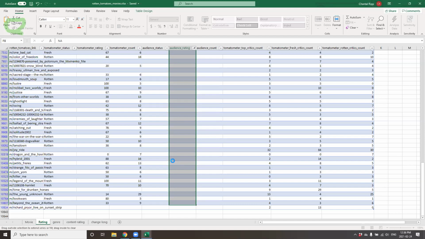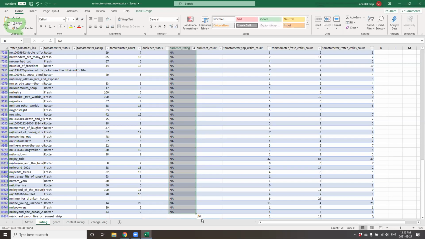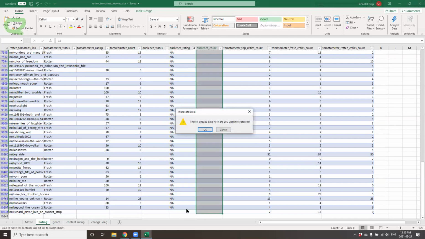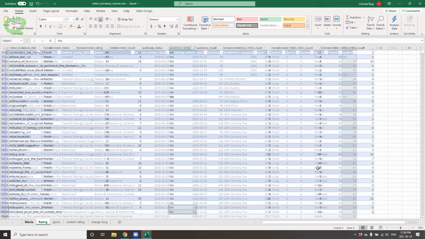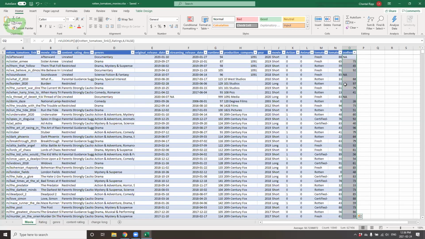And because my VLOOKUP function is still live, that data should be reflected in my table. And now I do see I have NAs. Now I can differentiate what was a true audience 0 versus an imported 0 from VLOOKUP, and that could have changed the value. So it's important to make sure you're familiar with the data that you're using.